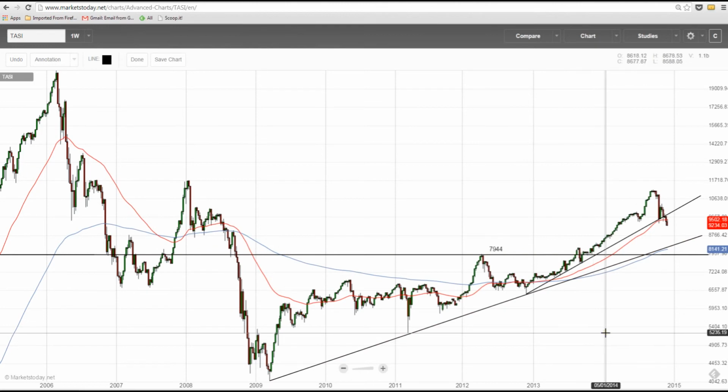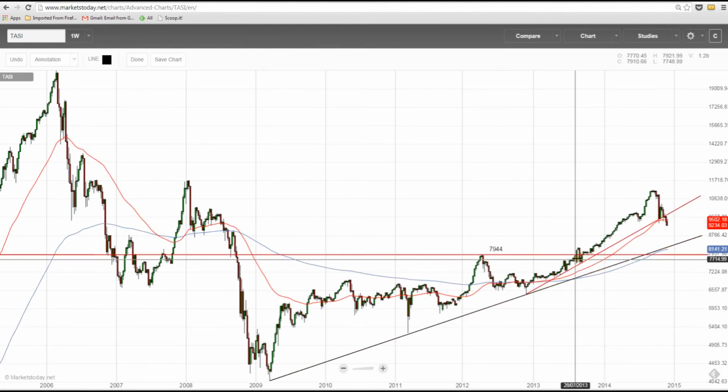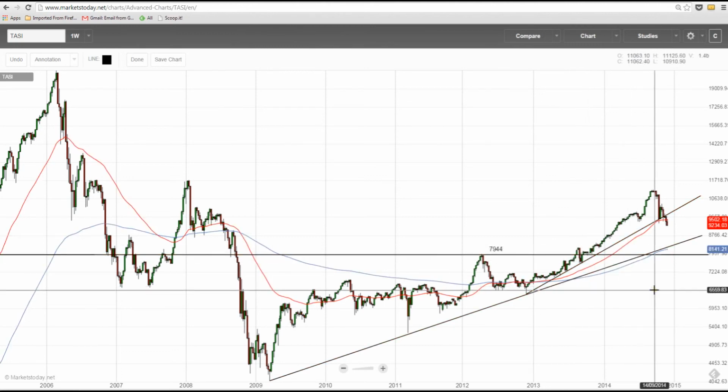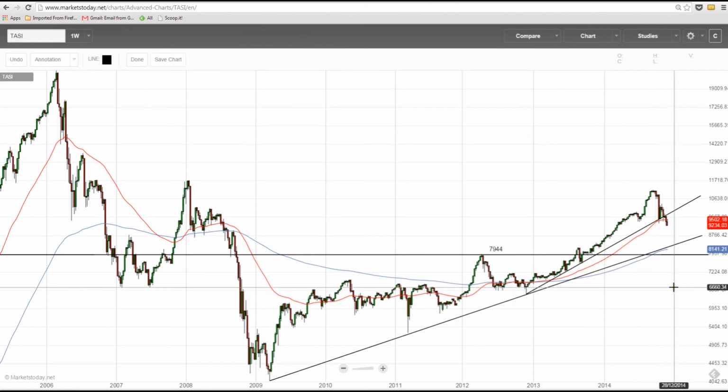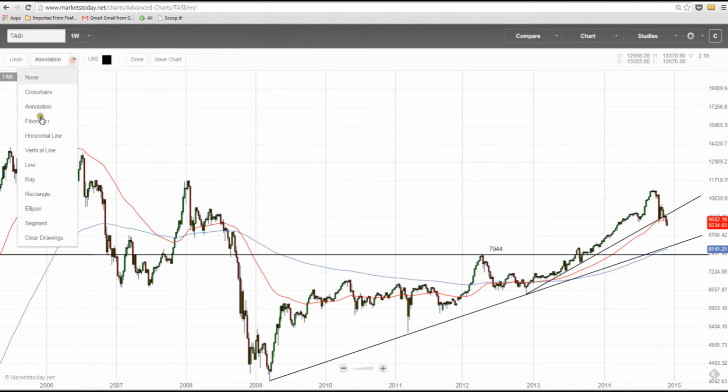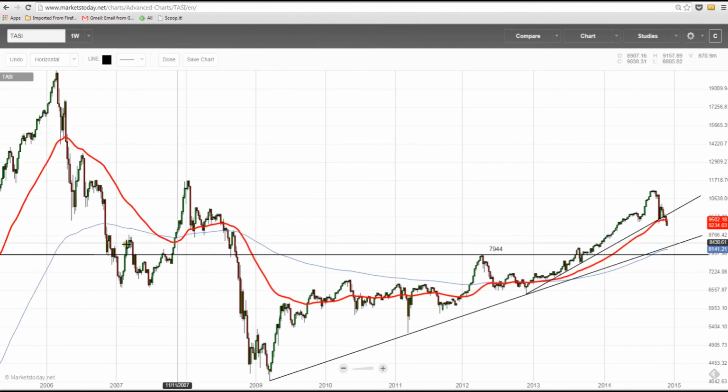Now, a little bit more minor would be this swing high right here, and that's around 82.23. But for right now, we'll leave it off because we're going to have too many marks on the chart. Now, is there anything else? Well, next I'm going to go over here to the left and see if there's any multiple support and resistance areas from the past